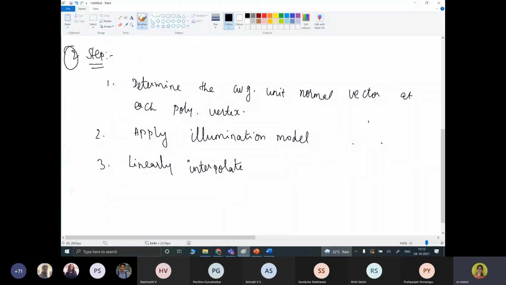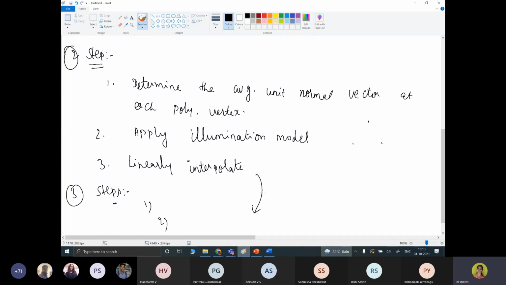In the case of the third method, which is normal vector interpolation, the first step is to determine the average unit normal vector at each polygon vertex, the same as in the second method. The second step is to linearly interpolate the vertex normal over the surface of the polygon.